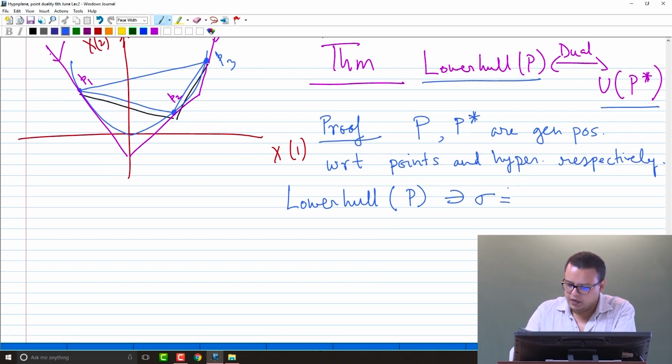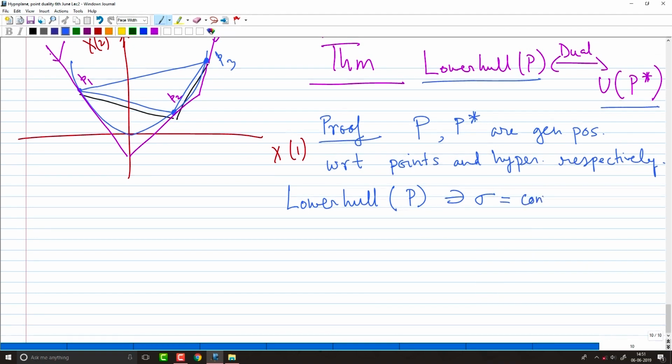Polytope faces will be like that. So without loss of generality, let's assume it will be some such subset. Since this is a face of the convex hull of P,